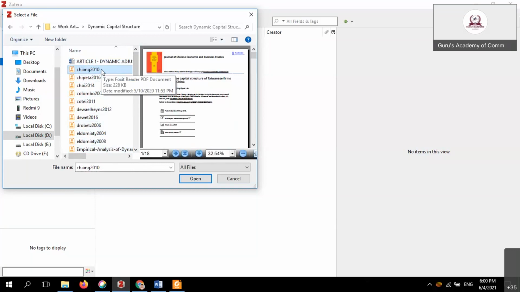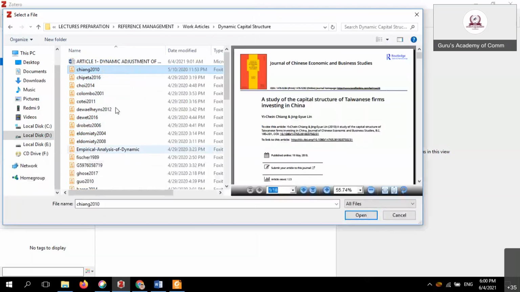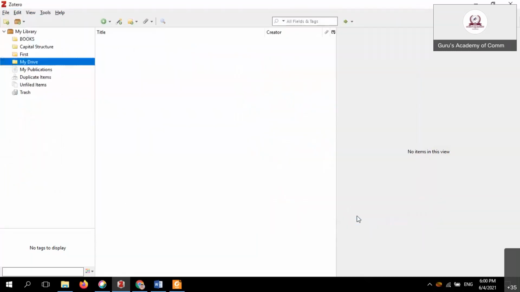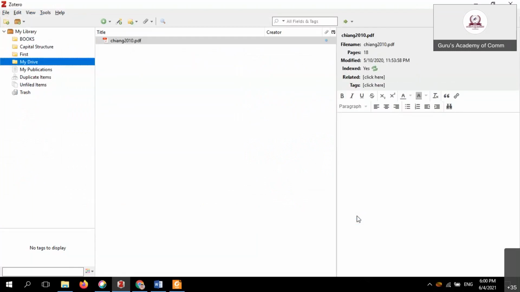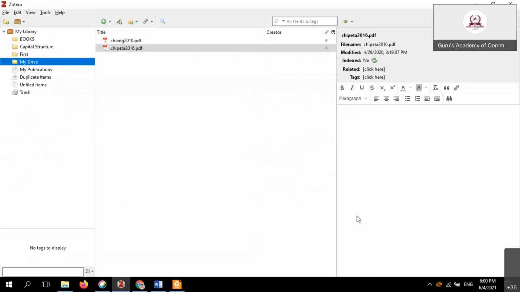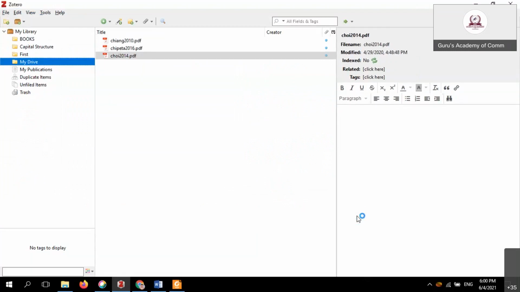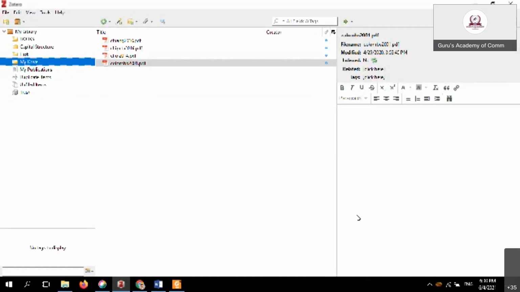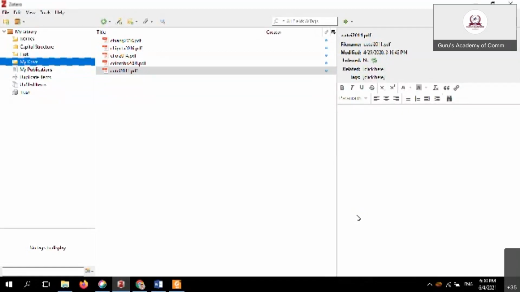Simply press Control A, or click the first file, then press shift and click the last. Select all the items. Okay, now it gets opened. What is the process going on? First your PDF file is copied into Zotero, then your Zotero information is converted into a reference. Wait and see.